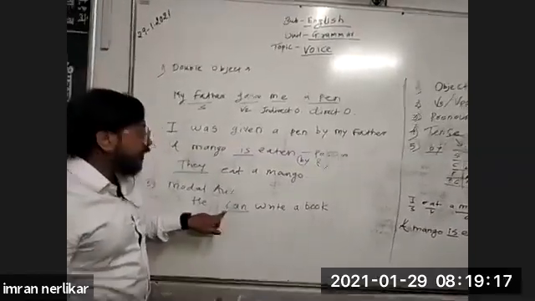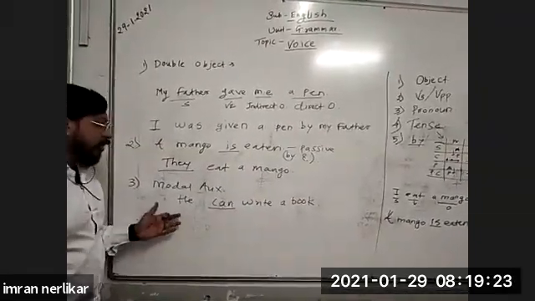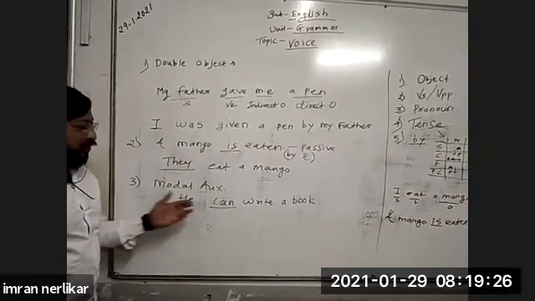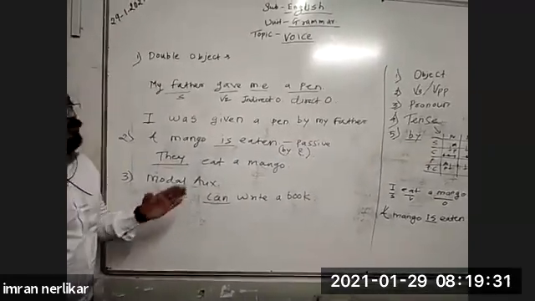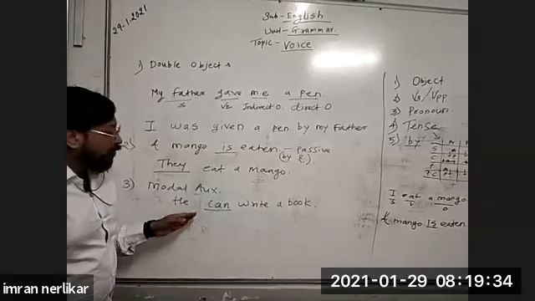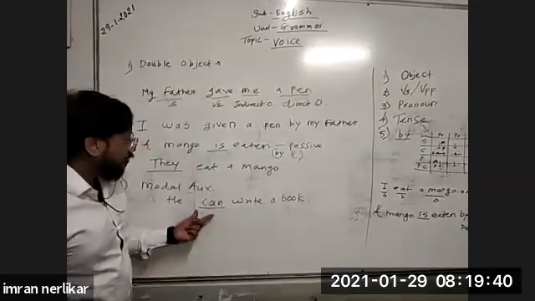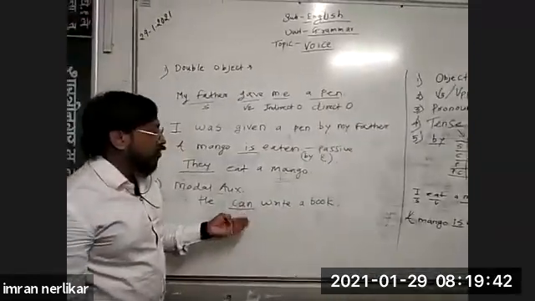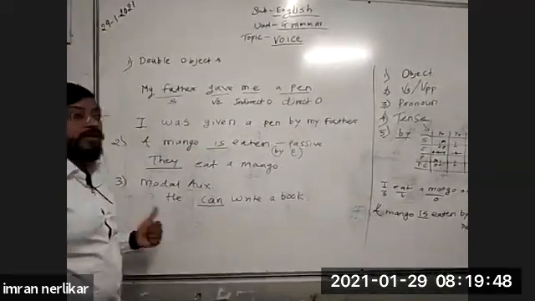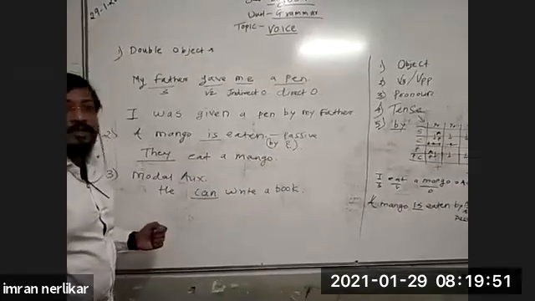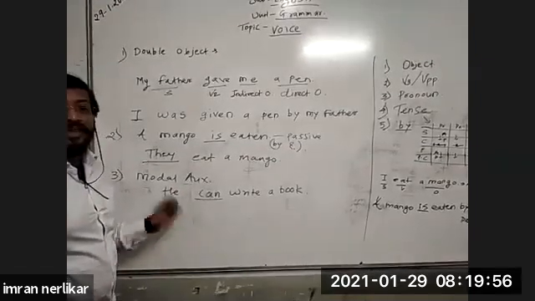Okay. So when modal auxiliary is used in the sentence, some students may be confused about which tense this sentence is written in. Is, am, are, was, were, have, has, had, shall, will. These are helping verbs which show tenses. Now the students will see he can write a book. Here modal auxiliary is used. Is, am, are, or other helping verbs are not used in this sentence. At that time they may find it difficult to find out the tense of this sentence, and in which tense it should be converted to passive voice.